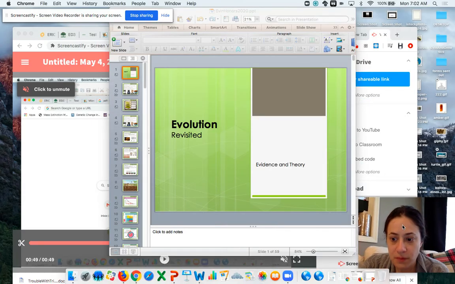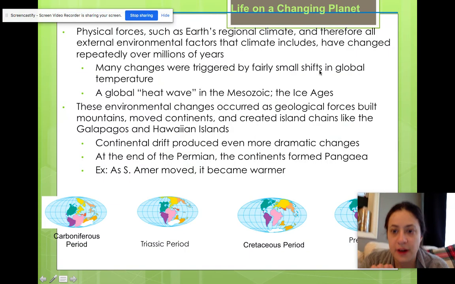So what you see here is the changing continents, right? Here's what the continents looked like in the Carboniferous period, the Triassic period, the Cretaceous period, and then right underneath this video is what the continents look like today. So physical forces such as Earth's regional climate, and therefore all external environmental factors that climate includes, have changed repeatedly